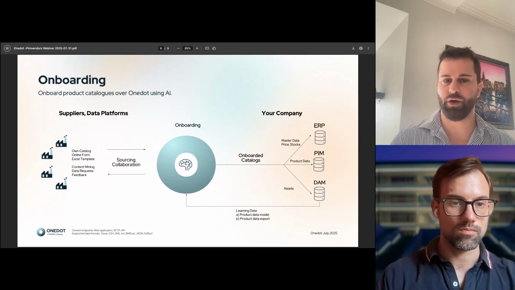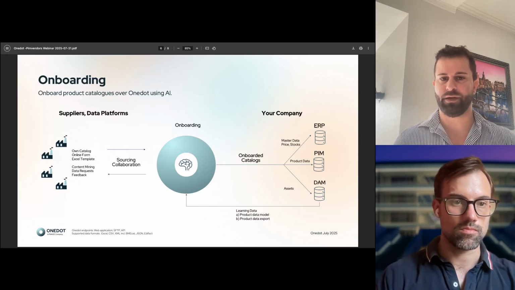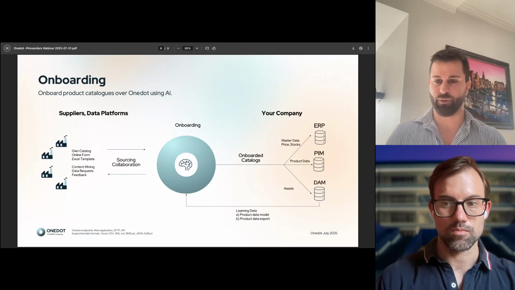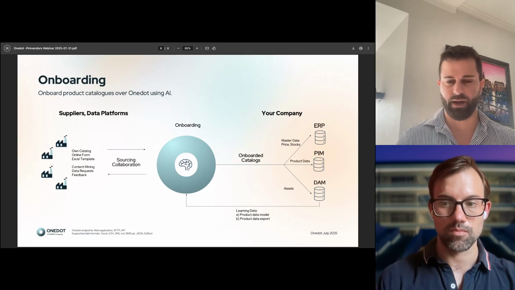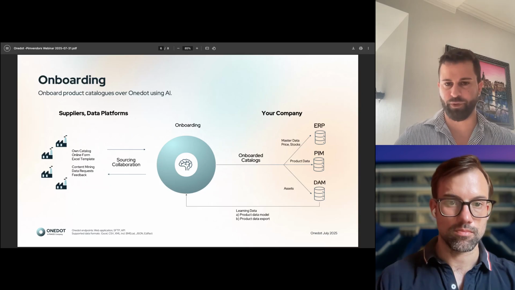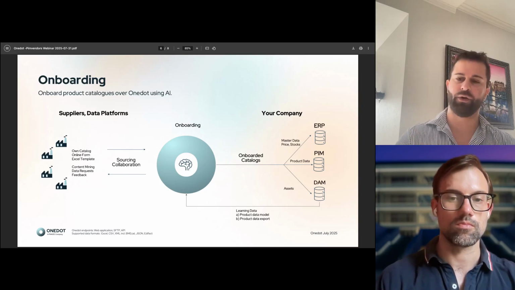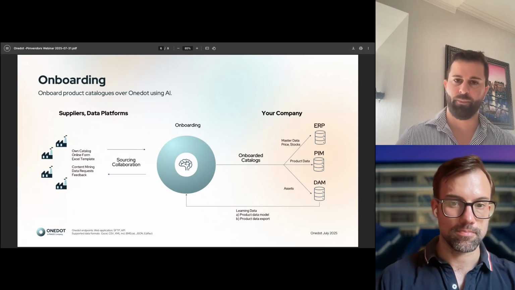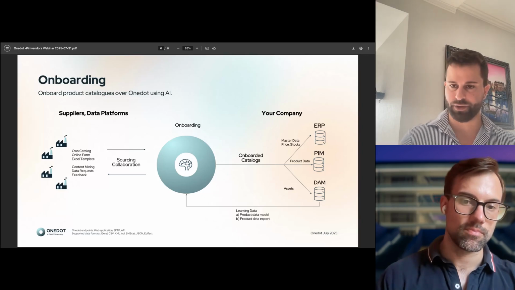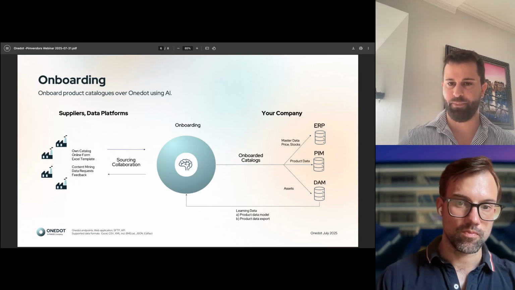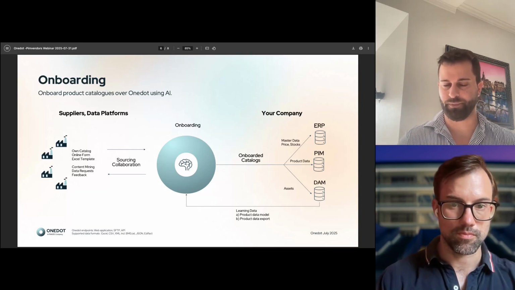If we look at this target picture, there are 2 elements that are relevant in order to have high accuracy, precision and recall, high quality, and to reduce the manual effort by 70, 80, or even 90%. How does it work? Number 1 is we need a data structure where the data needs to be onboarded and prepared. That can be ERP, PIM, or DAM, or directly the web shop. We need to know the data structure.